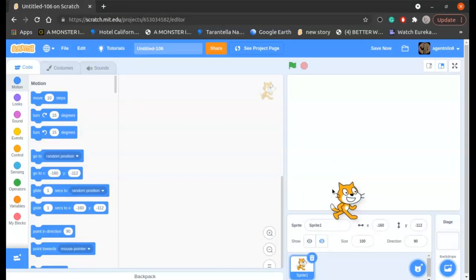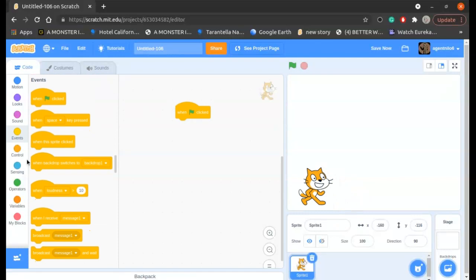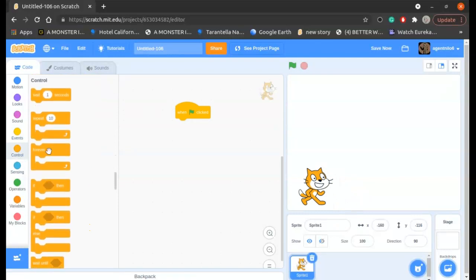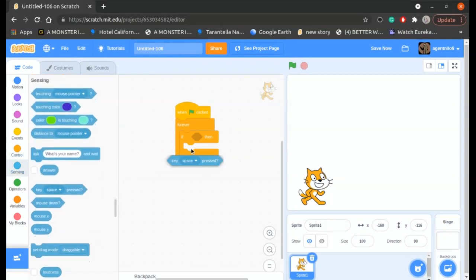So first we have this character over here. We're going to go to events, drag a when green flag clicked block, go to control, drag a forever block, then we're going to drag an if block and go to sensing and drag a when